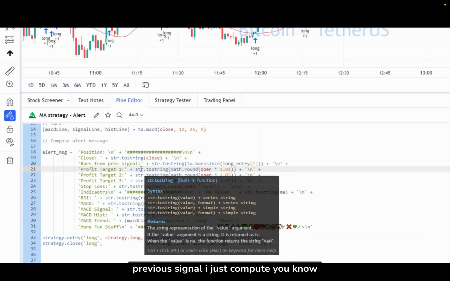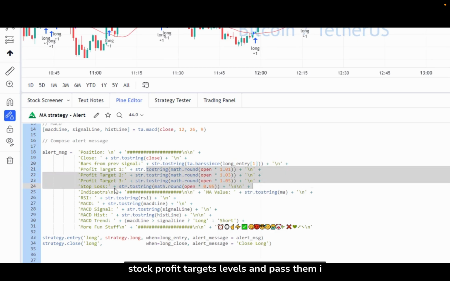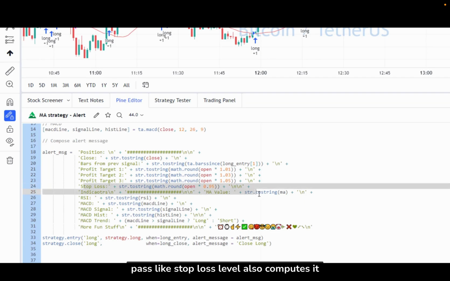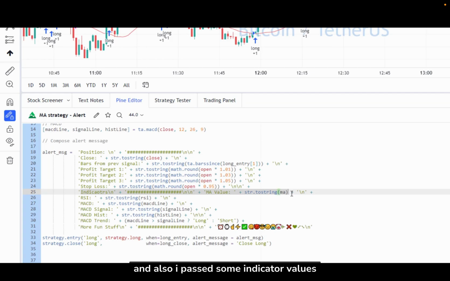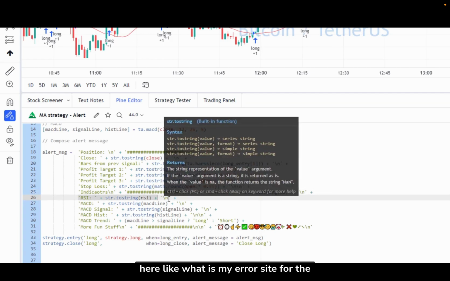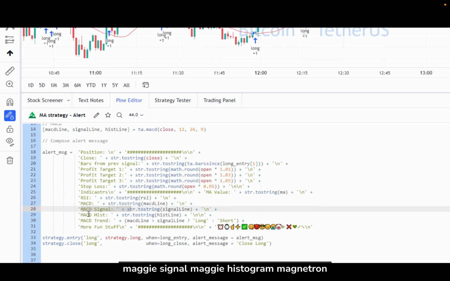I compute some profit target levels and pass them. I pass a stop loss level, also computed, and also some indicator values, like what my RSI is for the current bar at the time the order happened, what the MACD signal is,